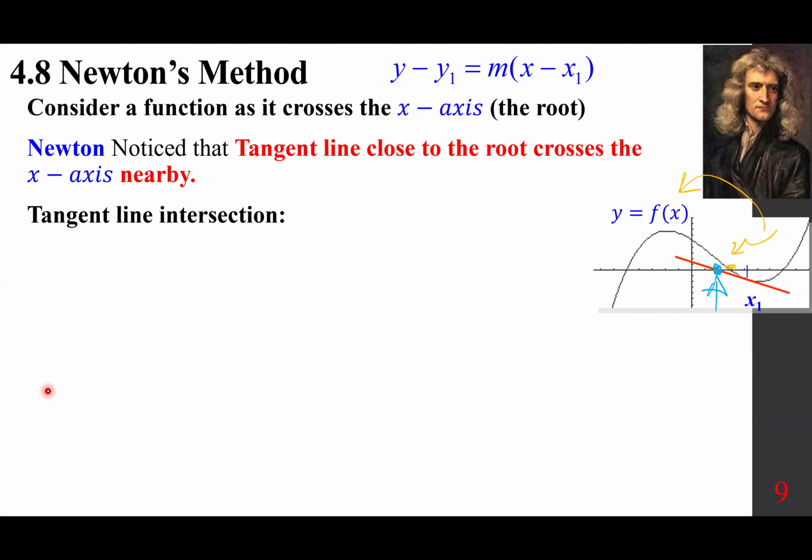as a new point. So having said that, y minus y1, so y minus f of x sub 1 equals m, f prime of x sub 1, times x minus x sub 1. So this is using the point-slope form of a tangent line, everybody. Now, where does this tangent line cross the x-axis? Well, wherever it crosses, the y must be 0, right? So if we set y equal to 0 here,